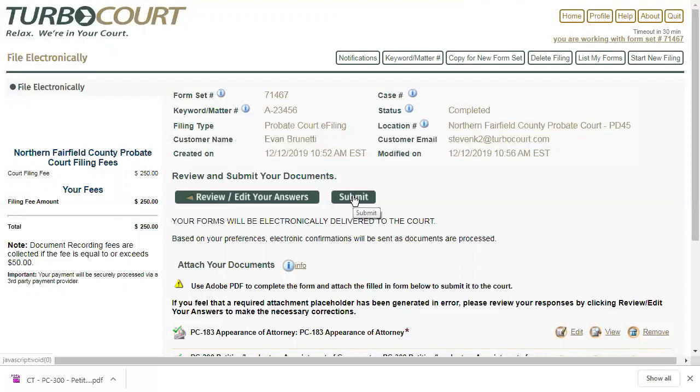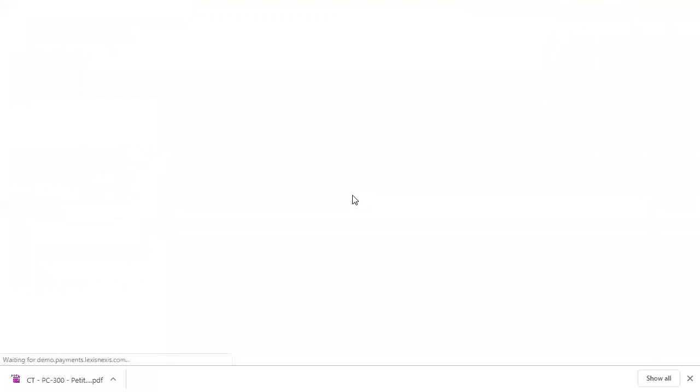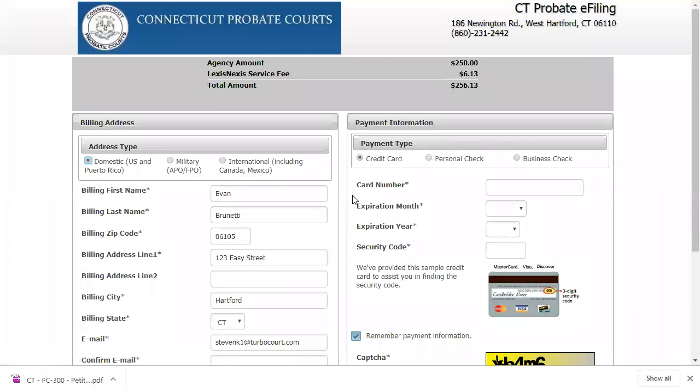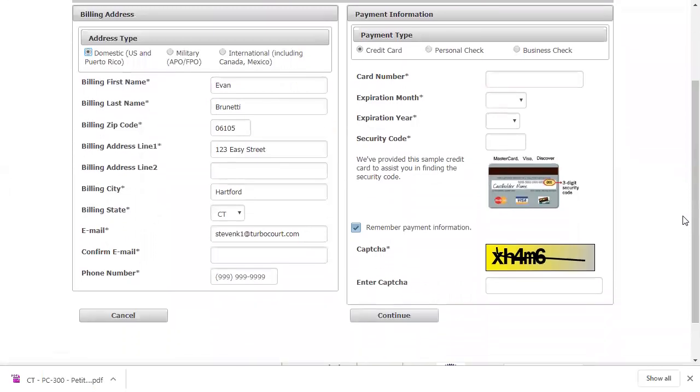You'll see the submit button, and because there is a fee required, we're going to take you to the payment processor that the Connecticut probate courts are using, and it's LexisNexis. And so now we are communicating live with LexisNexis. Now this is their testing environment as well, but it's very similar to what you're going to encounter when you're doing your filings and you're needing to make a payment. So in the LexisNexis screen, say that 10 times fast,